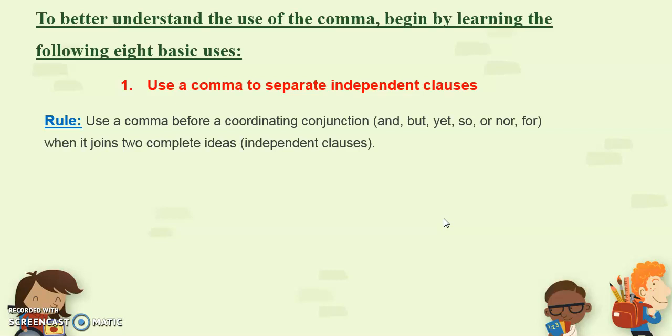Correct? So before so and after so are 2 complete sentences joining 2 complete ideas. So what I need you to know now is to put the comma always before and, but, yet, so, or, nor, for. Okay? Such as,